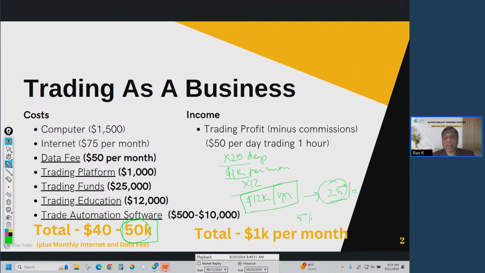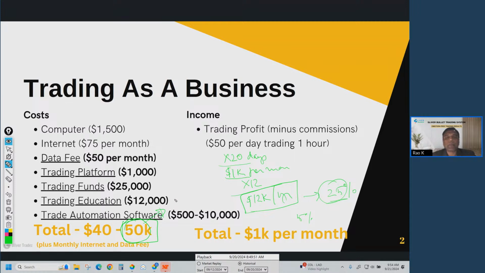Now, in any other business, if you take a franchise, they ask you to put down 50K upfront, at least 50K. On average, it could vary from 25 to 75K. So 50K on average, they ask you to put down just to be part of their system, just to use their logo and promote it as your franchise. So that's the investment you are looking at.